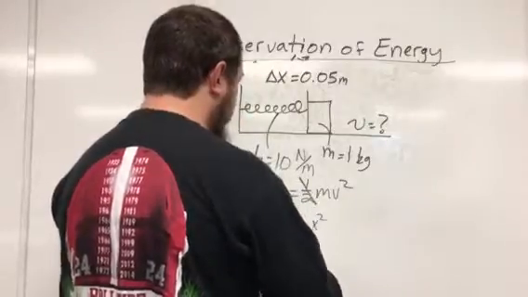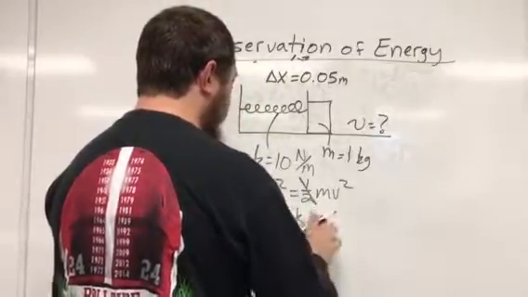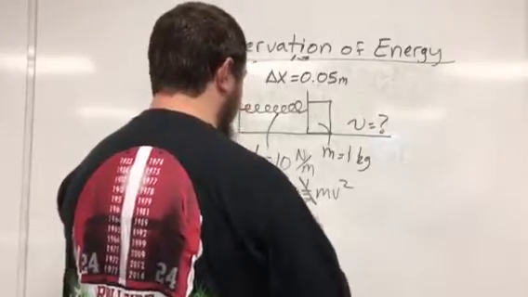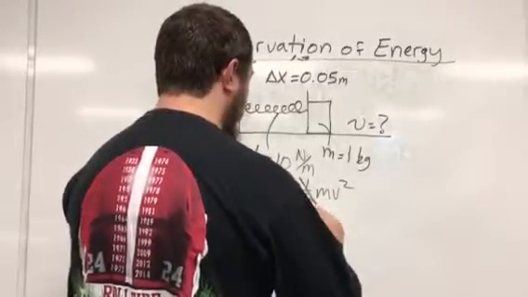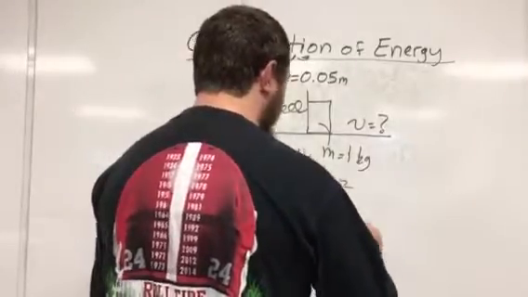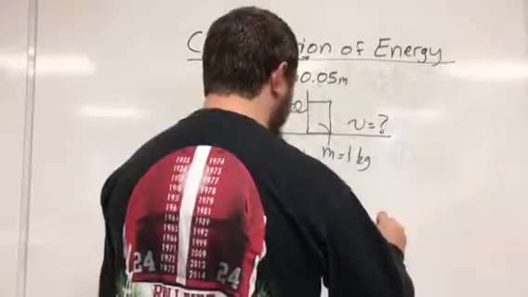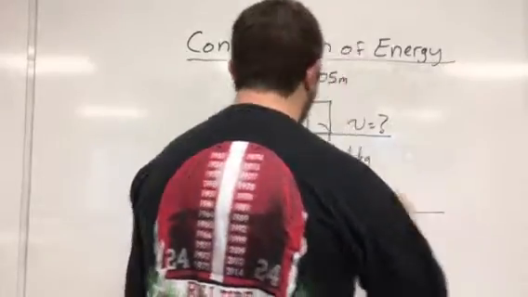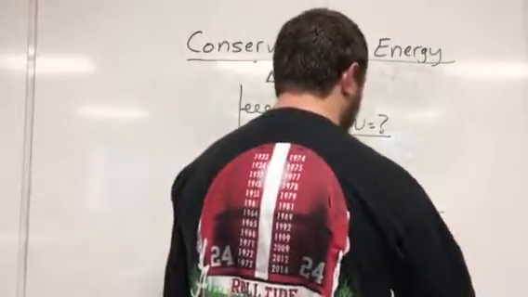And if I take the square root of both sides, then we typically write this as x times the square root of k over m. And so this is going to be 0.05 meters times the square root of 10 newtons per meter